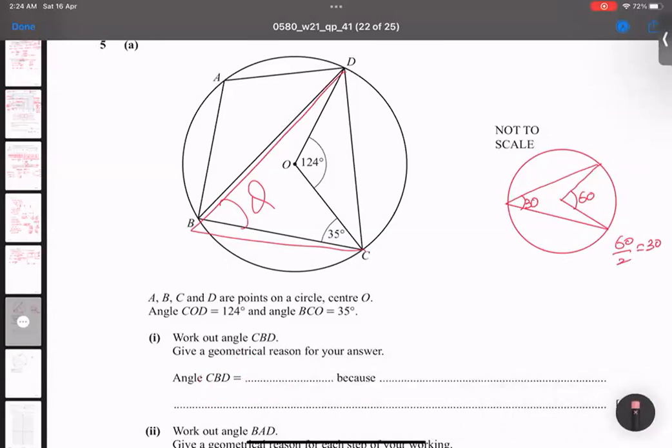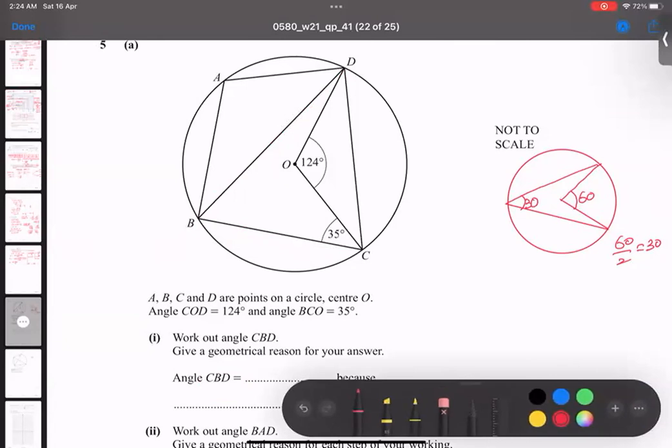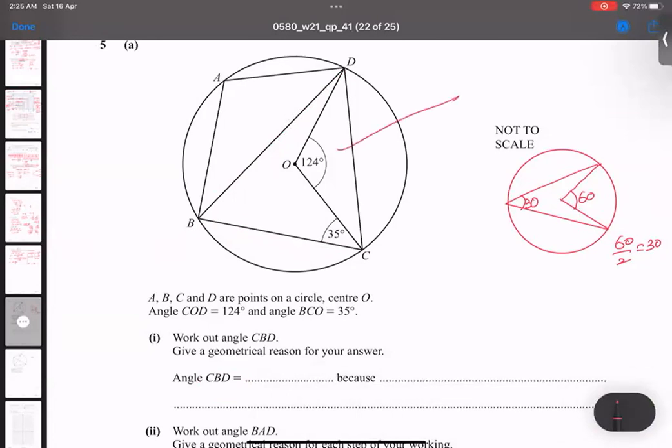Okay. So now I think this point is very clear. And what is the reason for it? So I'm writing, what is the answer? It is 124. You can see this 124. What is this? 124 divided by 2. So I'm writing here 2 sixes are 12 and 2 twos are 4. Why 62? Because the angle at the circumference